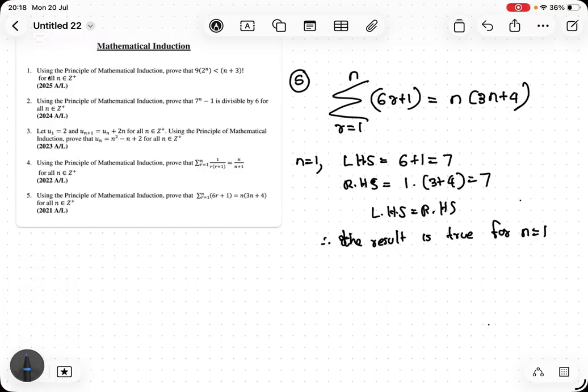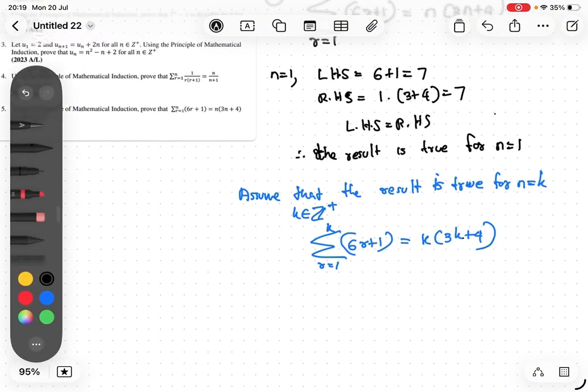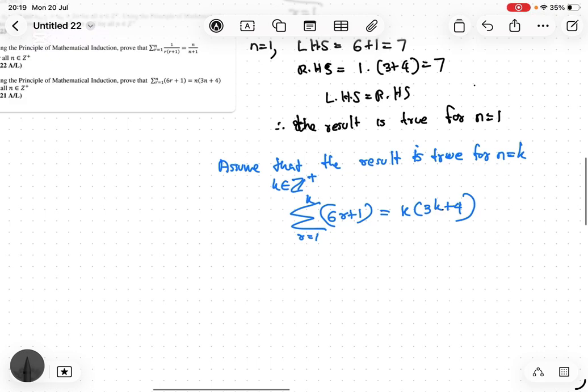Then do the assumption. Assume that the result is true for n equals k, where k is an integer. So what we assume here? We assume that the sum from r equals 1 to k of 6r plus 1 is equal to k into 3k plus 4. This is our assumption. Clear? Now you just try to prove it for n equals k plus 1. When n equals k plus 1,